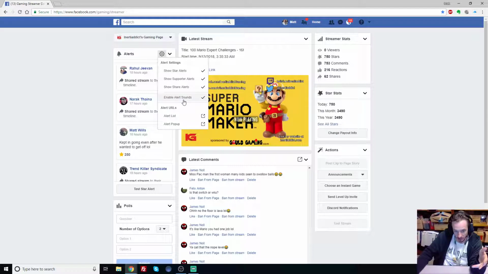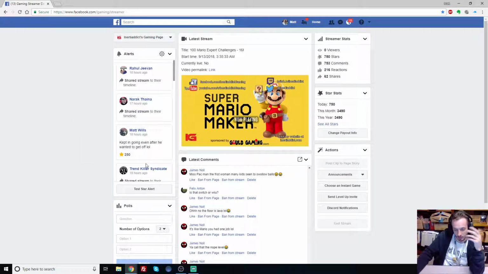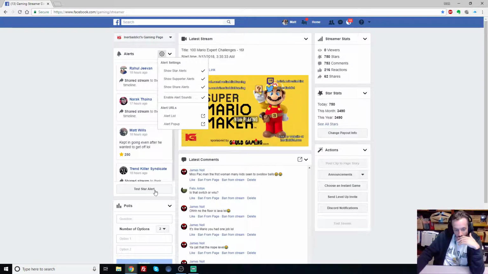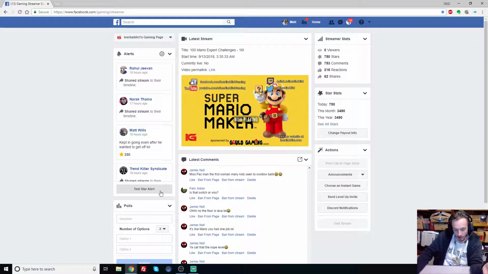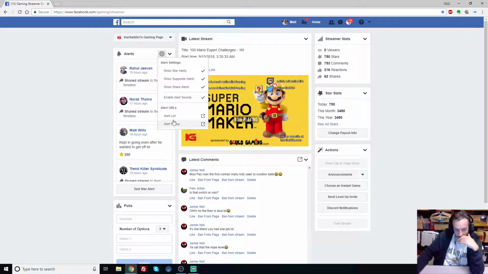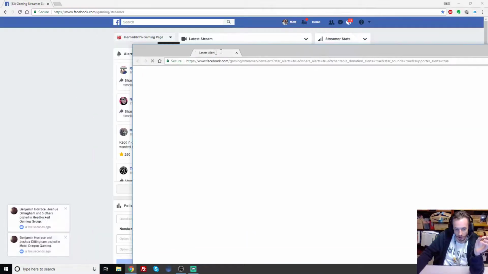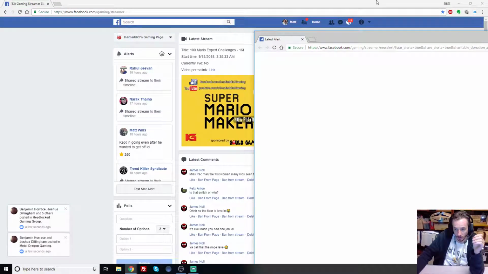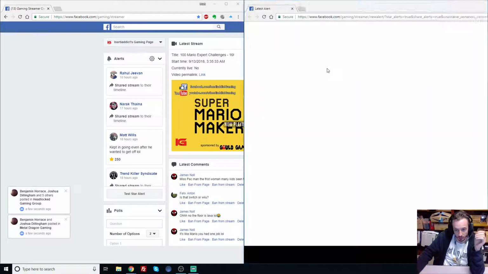You can basically have all these checked, and then if you are in the level up program with Facebook, you get stars. Now, the way you would make this work, I just hit the test star alert and nothing happened, right? Like nothing's happening. So in order to get something to happen, you have to come over here to either your alert list if you want it on there all the time, which you probably don't, or alert pop-up, which is probably the one you do want, right? So we'll just take this window, get it kind of out of the way,